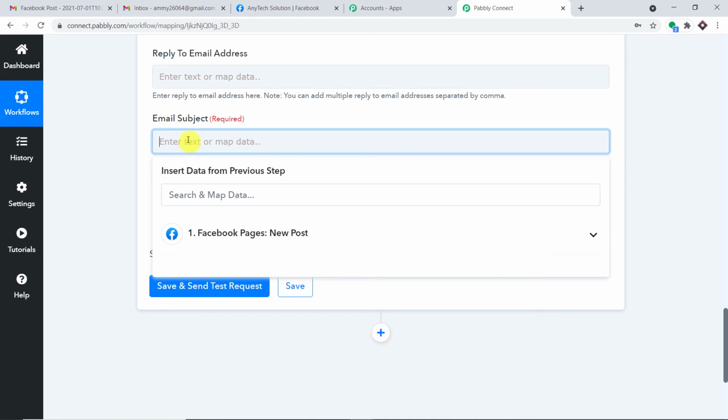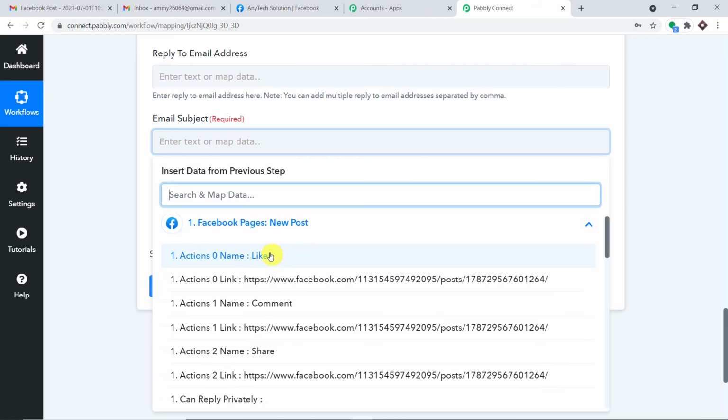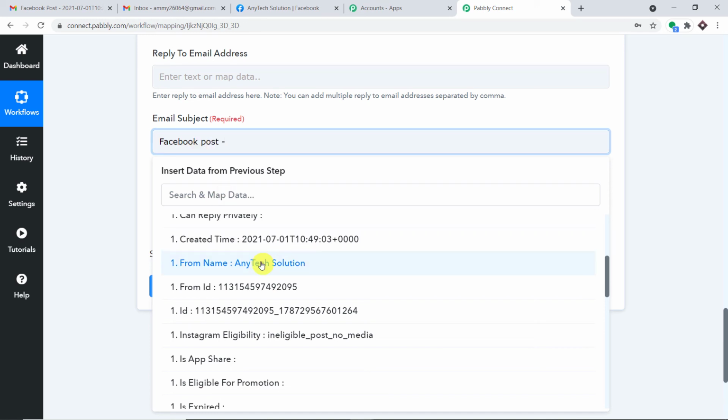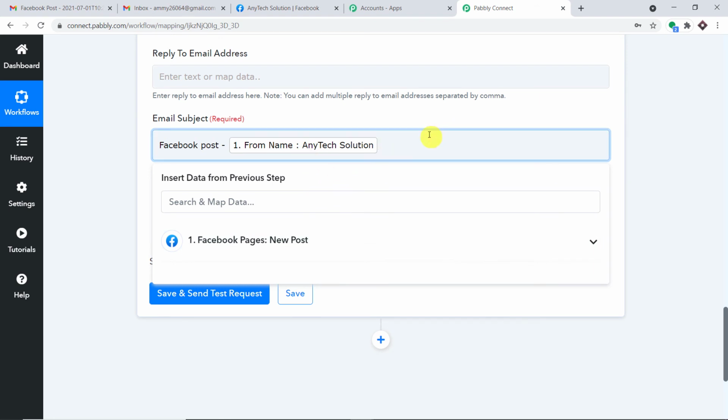The email subject. Now I want to make sure that the email subjects are always unique, and this is how you do it. First of all, manually just add Facebook post. Then enter a dash and then enter the page name, that is Anytech Solution.